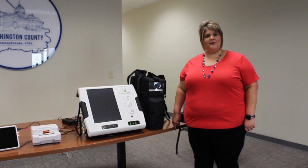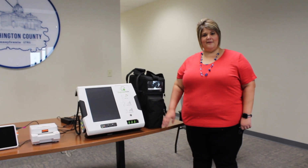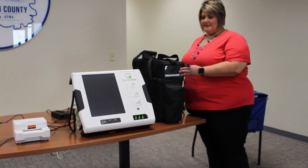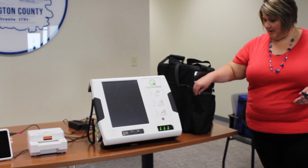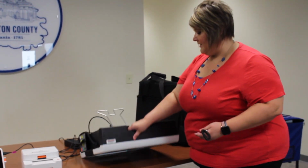The first thing that you're going to want to set up is the Express Vote ballot marking device. It comes in the black case. You'll open up the case, you'll pull out the marking device, and the power cord is found in the front pocket. Whenever you take the Express Vote out, you'll want to lay it flat,